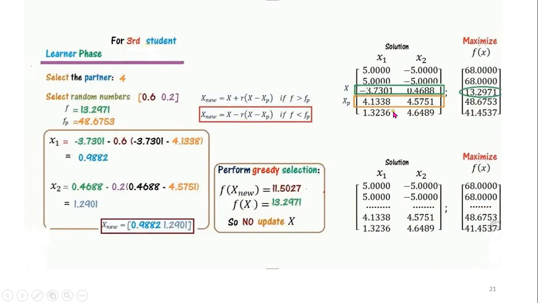So now, in the learner phase, select a partner. Say, for example, we select the fourth student as a partner, and now select the random value for r. Say, for example, 0.6 or 0.2, and we see here the value of f is 13.2971, and the partner value is 48.6753, because we take the partner as 4. So we see here f is less than ap, so we select this